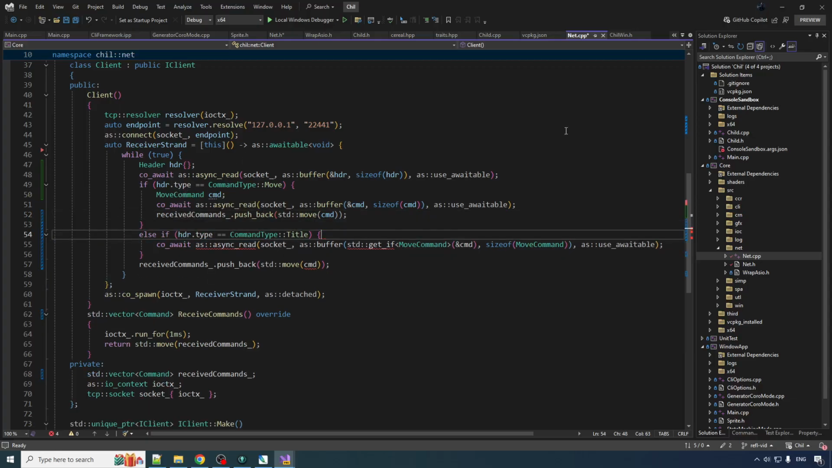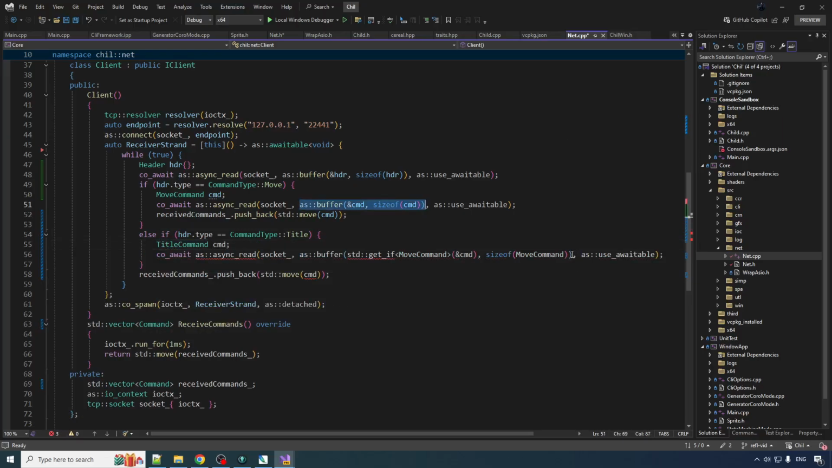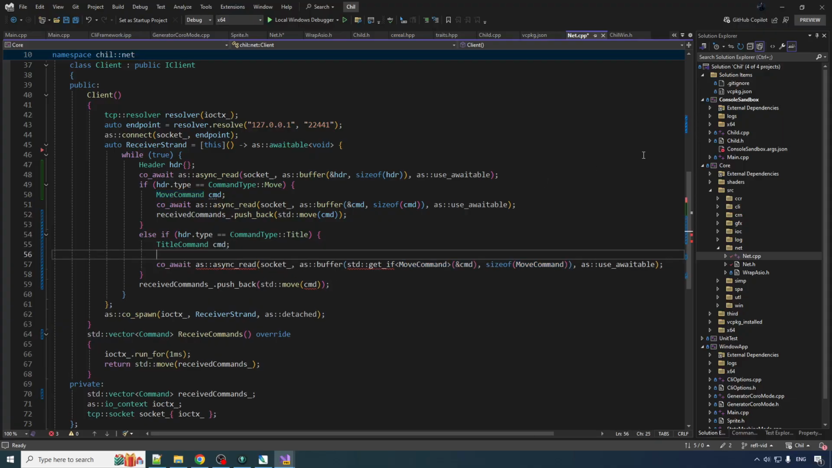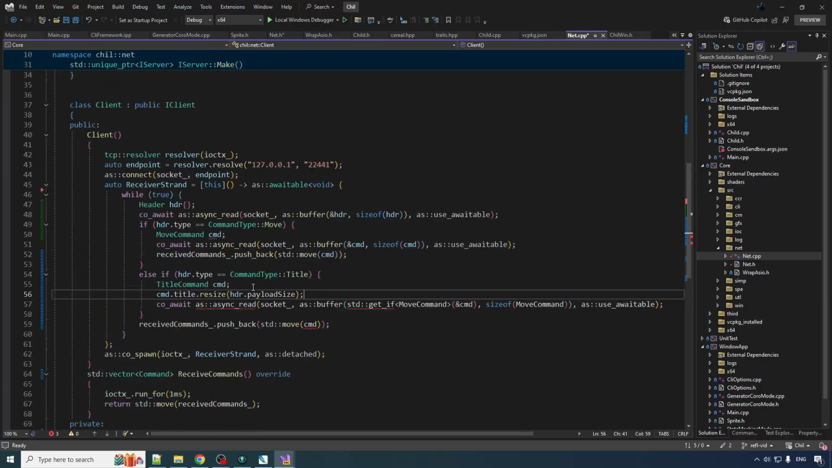All right, let's do the same for here. Title command. Now we got to be careful. Okay, so we can't just copy into the structure because that's not how this works. So we got a title command. Title command is going to have a string in it. So let's do cmd.title.resize, because we know the size that's in the header, payload_size. Okay, so we know that because we implemented the serialization function. Now in the deserialization, we just got to match it. So we resize that. Now we can read